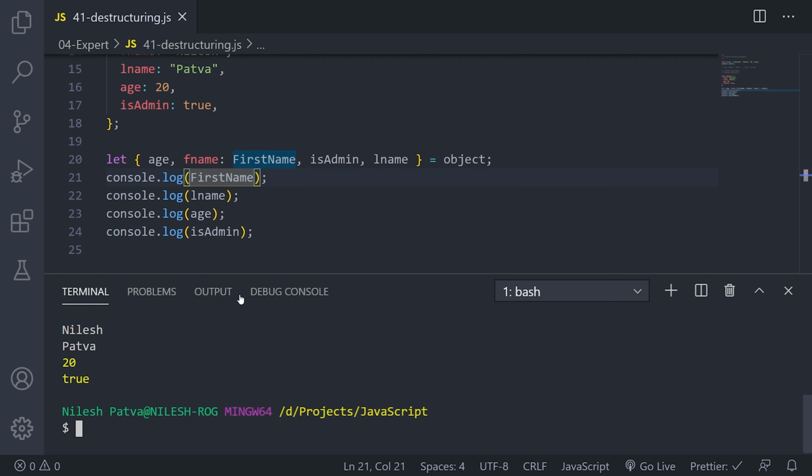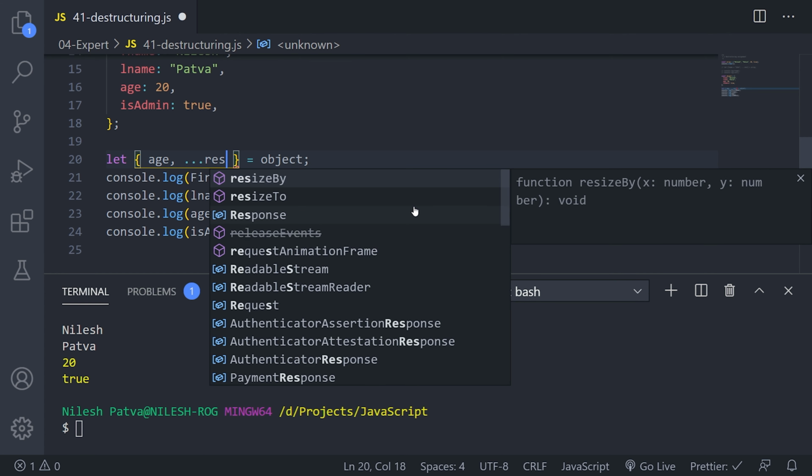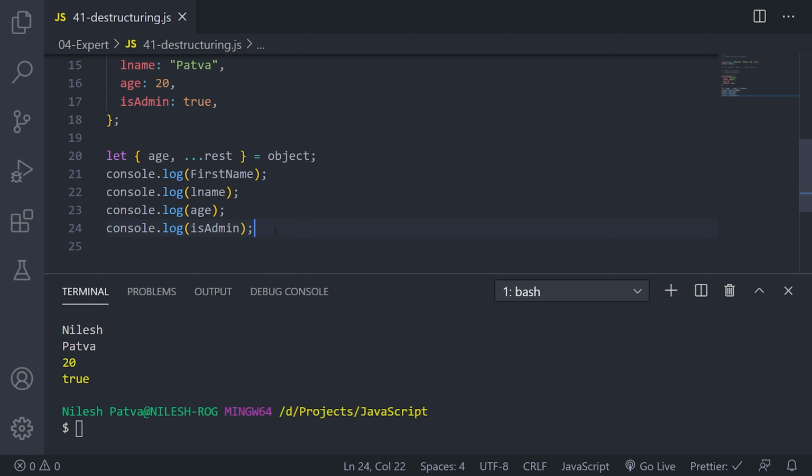You can also use the rest operator here. Let's say I am doing destructuring of an object, and then I am storing the rest of the values inside my rest. So let us see what happens. I have to remove this and I'll pick this below.